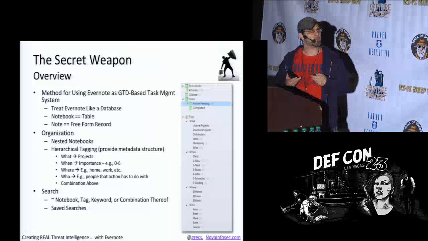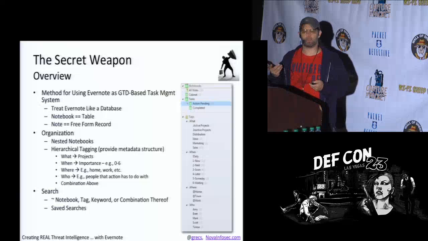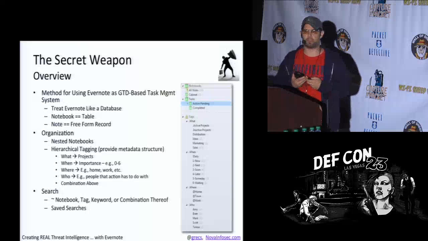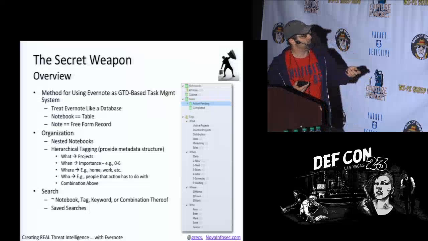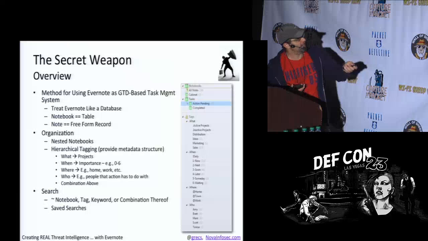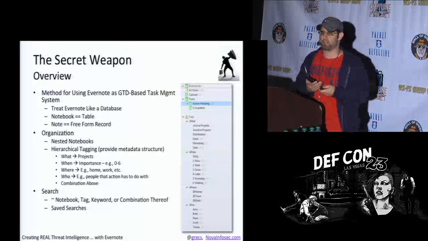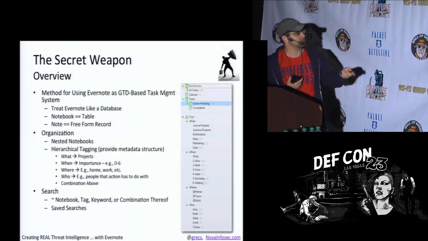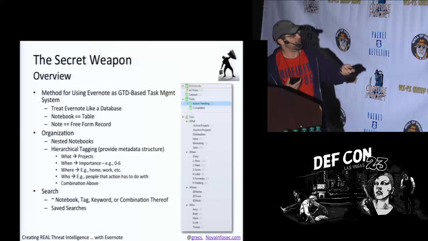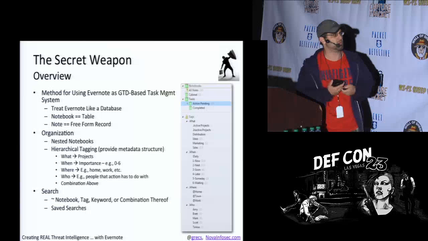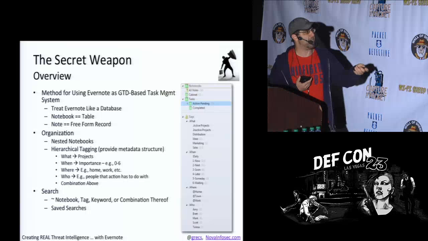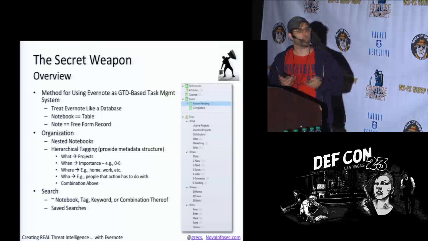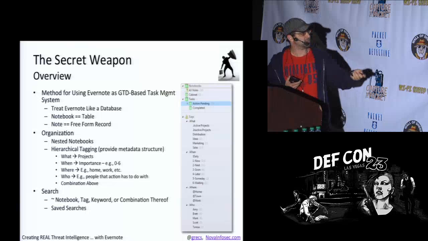So they basically did a who, what, when, where. And if you're familiar with Getting Things Done, that's the philosophy they have. So they came up with, and you can see it to the right here, these nested tags. So the what: those are the projects, and you could have multiple tasks associated with that project. They had importance, going from 0, or an exclamation point, which is stuff that you would do on a daily basis, all the way to stuff that I'm going to do today or tomorrow, and then next, and then soon, and then it goes all the way down to the someday maybe.